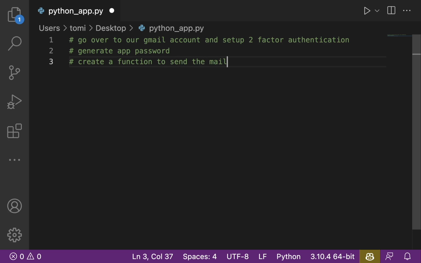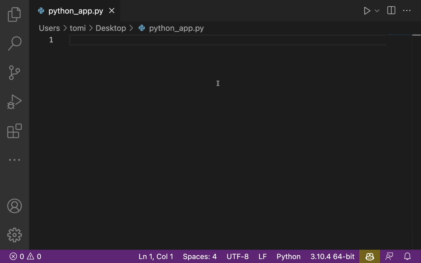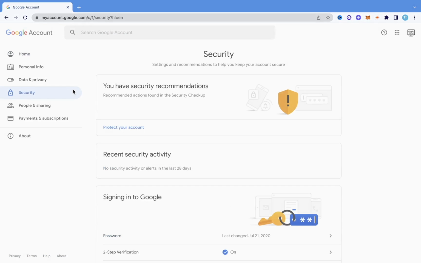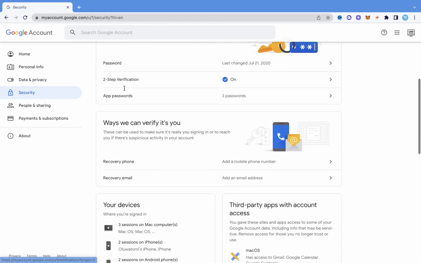So this is literally all we need to do, but these are just the most crucial steps, number 1 and 2. Then once we have the password, we'll be able to come in here and then actually code what we need to send the mail. So let's go over to Chrome, and right here I'm on my Google account. So what you want to do is to come into security, and in security, if I scroll down a little bit,